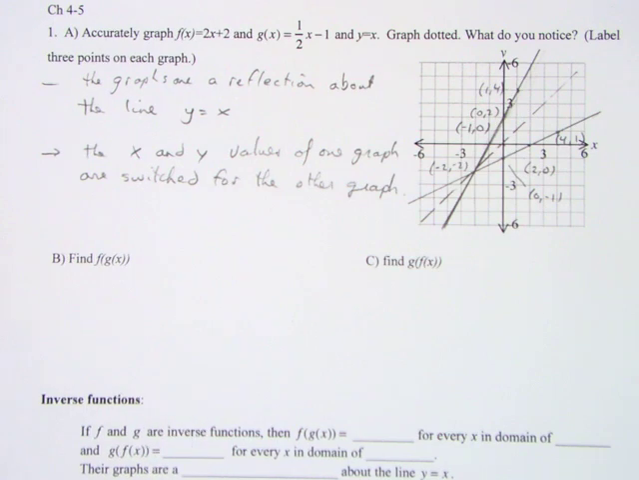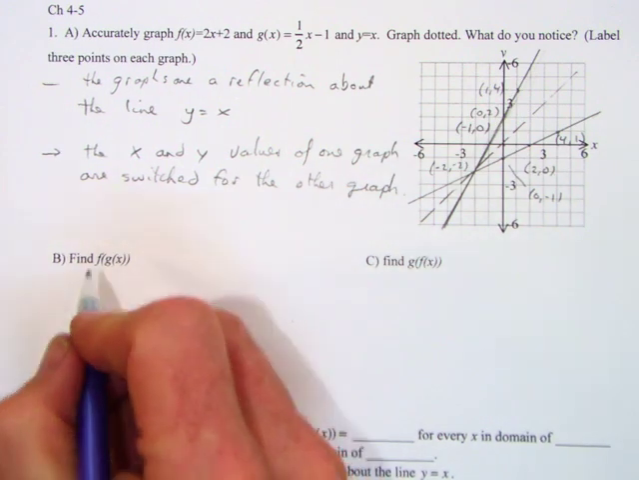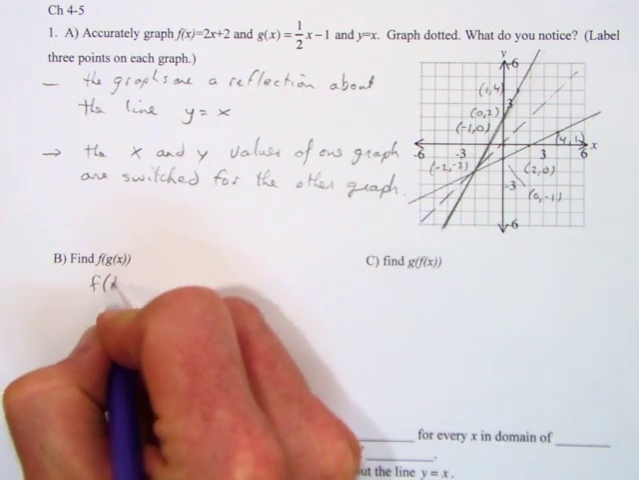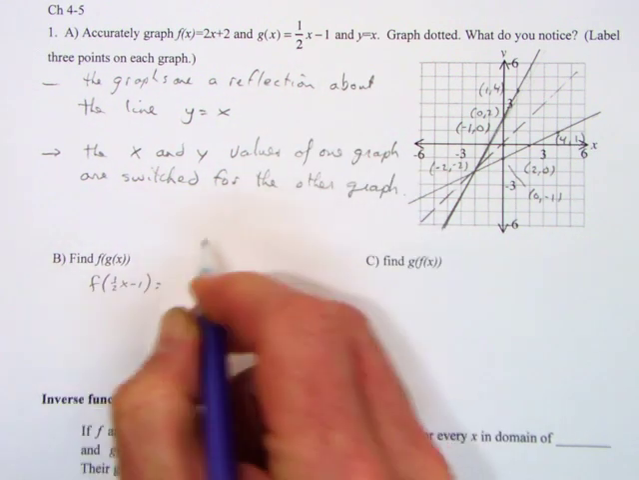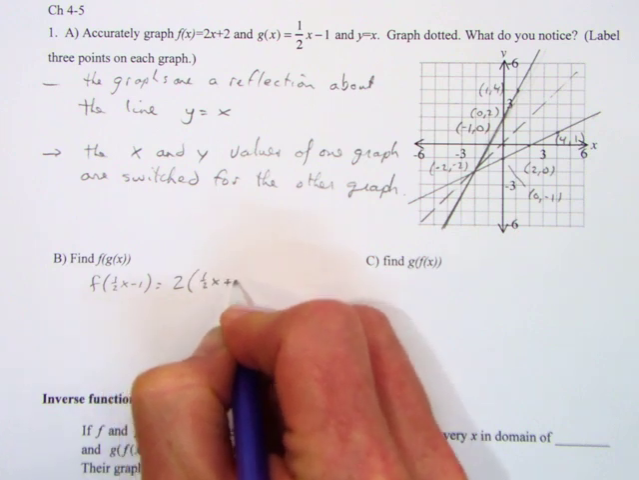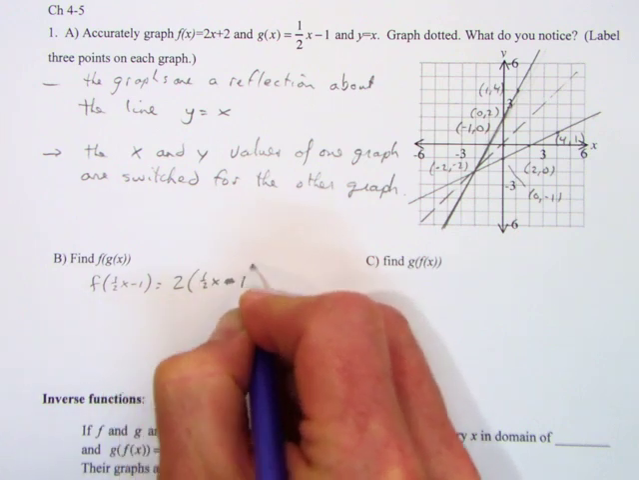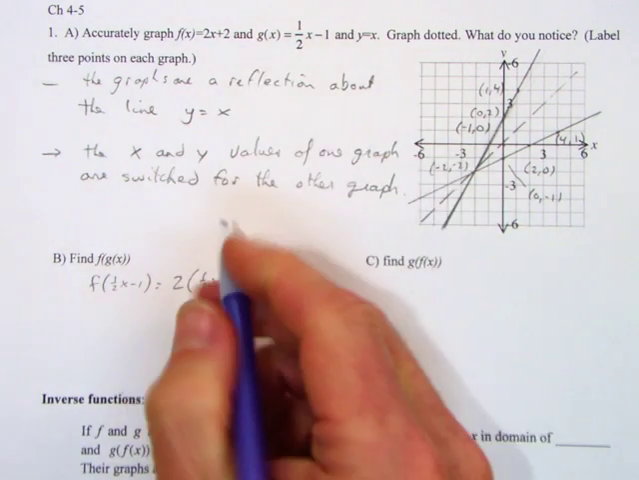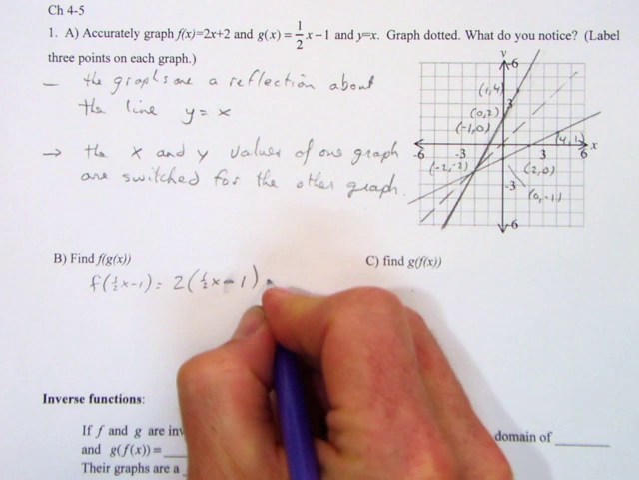Let's take a look at this next part. Find f of g of x. g of x is 1 half x minus 1. So we'll have 2 times 1 half x minus 1, and then